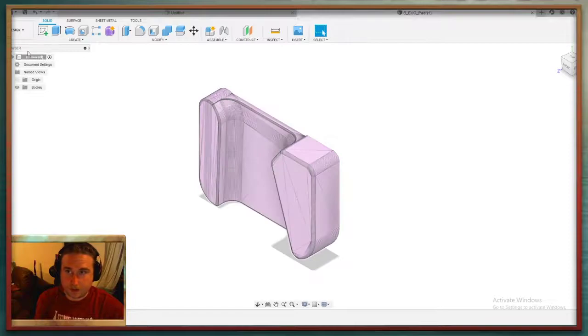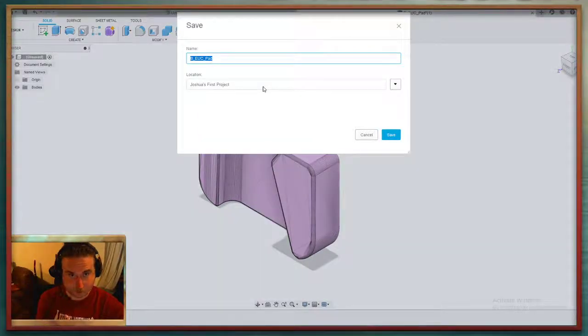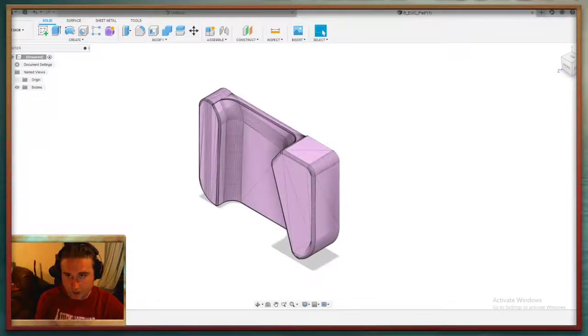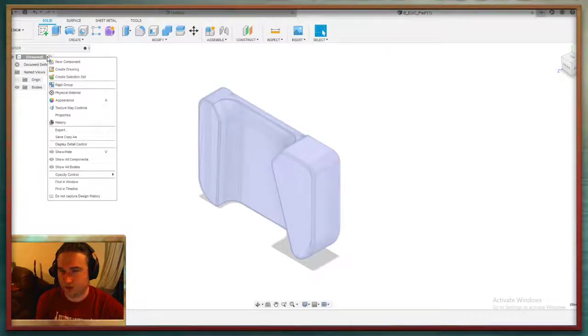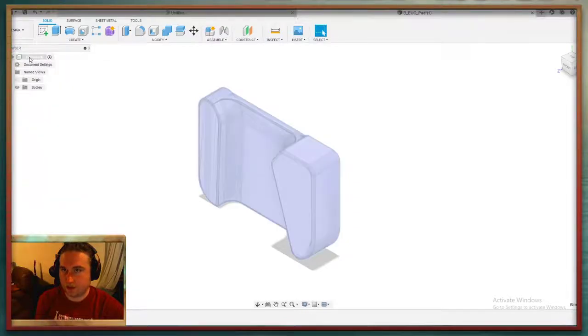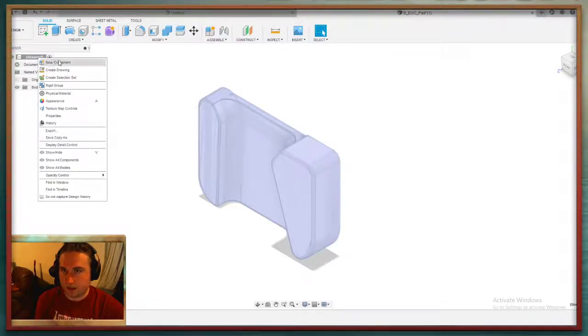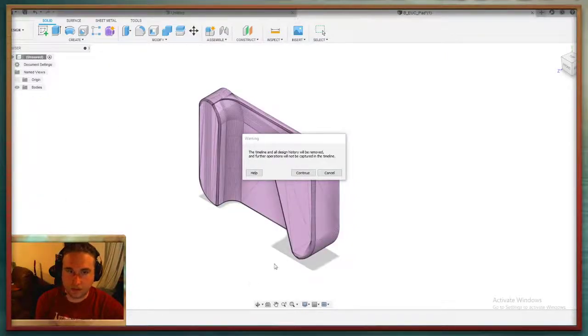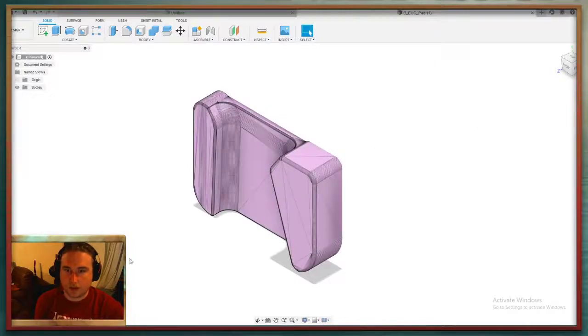So the first thing you actually really should do is save that model. Save it as a project. I don't need this, but save it somewhere in your computer just as a Fusion 360 project. The main reason I say that is because you actually need to turn off the design history. If you right click on the top little thing here, once it's saved, it'll have a name. If you right click on that, go do not capture design history. Turn that off, continue. And now we've lost that little bar down the bottom, but you'll see up here now